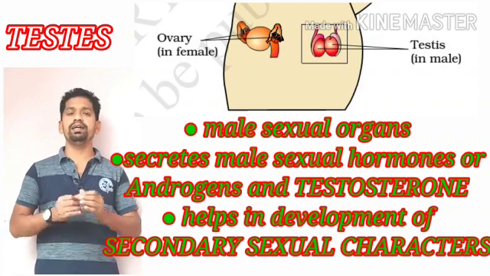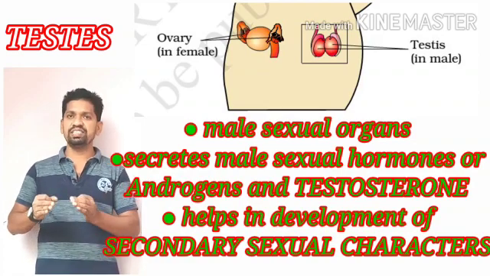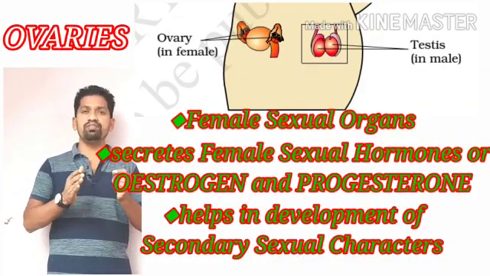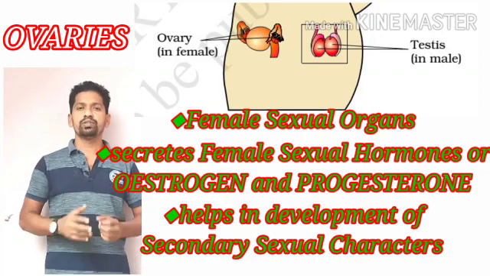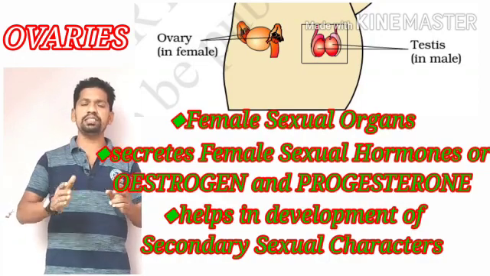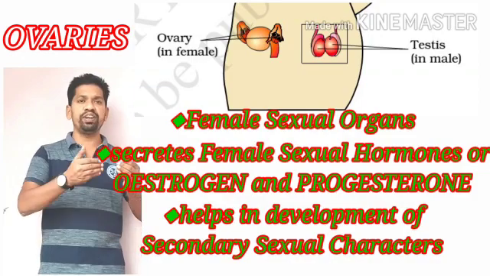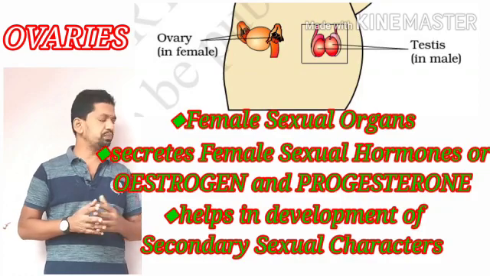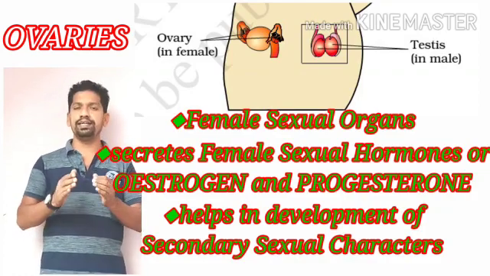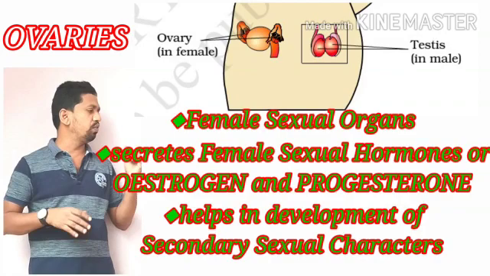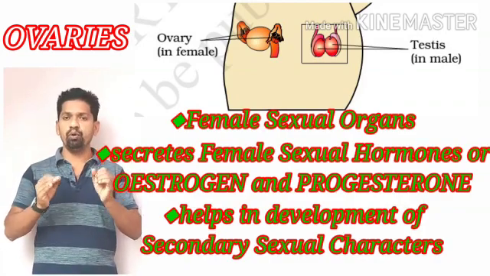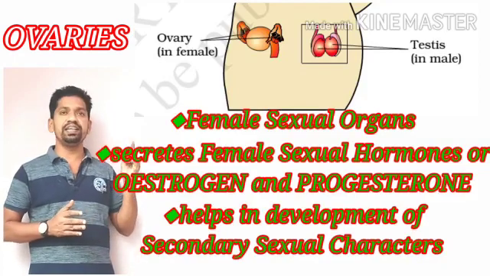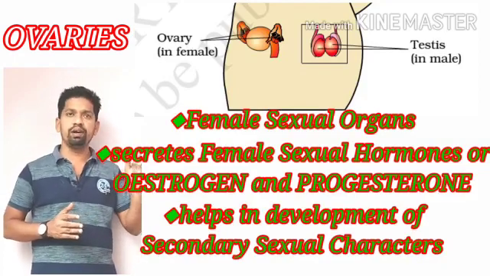And the last gland in the endocrine system in our syllabus is ovaries. Ovaries are actually the female sexual organs. Though these are the female sexual organs, they have the ability to produce some female sexual hormones, and also play an important role in the coordination. We have one pair of ovaries. Actually these are female sexual organs, especially in the teenage, in the adolescence age of a girl.